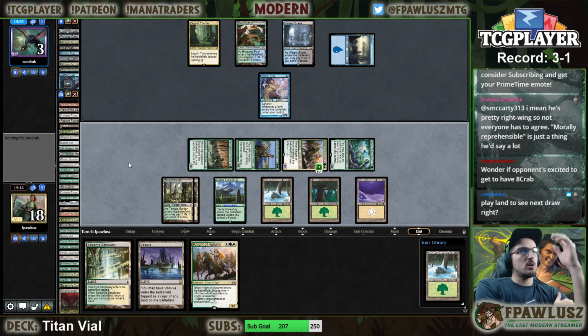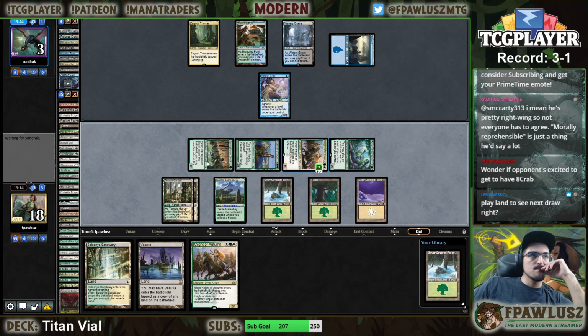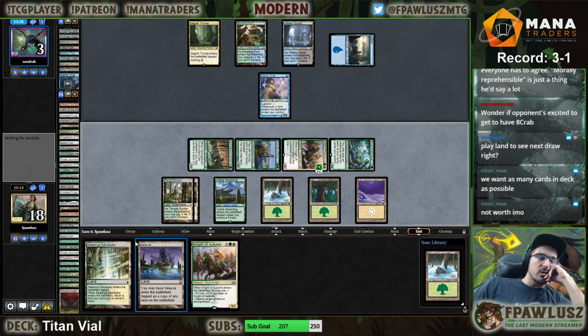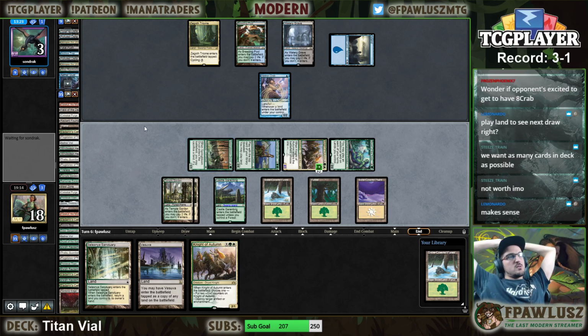Play land to see next draw. If they have land plus Archive Trap, I lose. I have 15 cards in library, so I kind of don't want to see the top card. Like, I already have enough mana to do whatever I want, right? Anything that I might want to do, I can just do already, so...